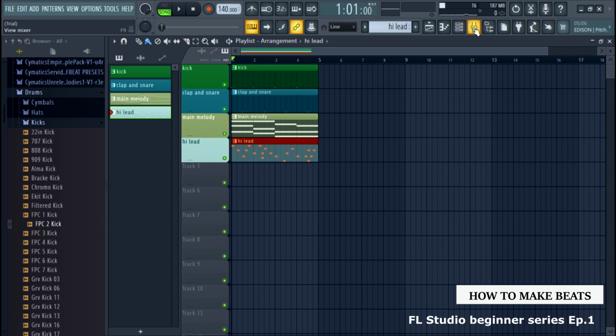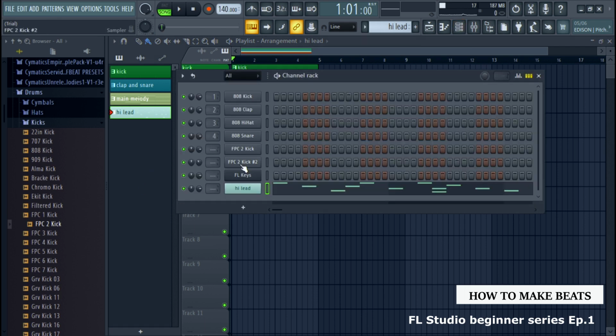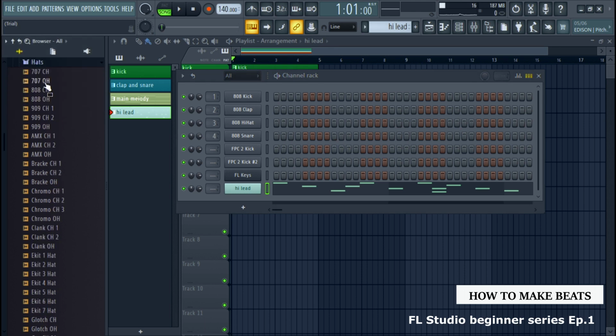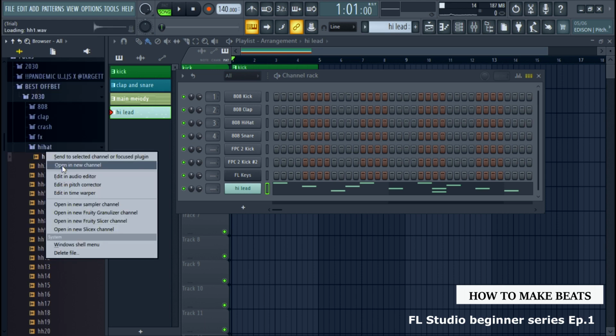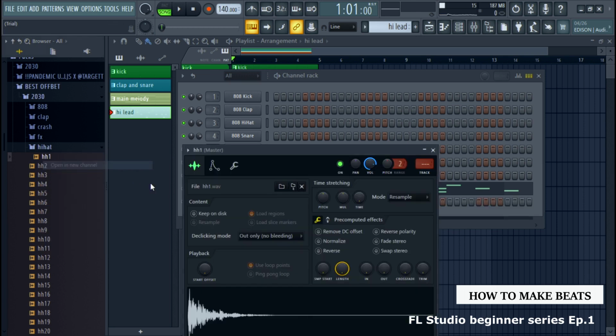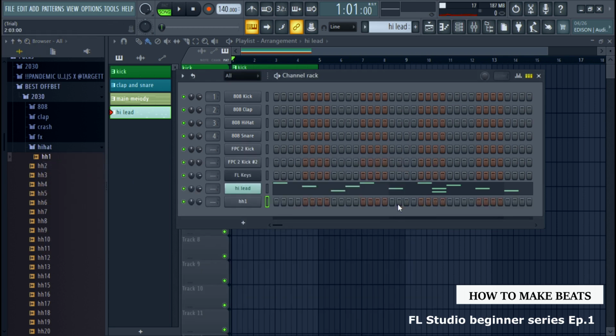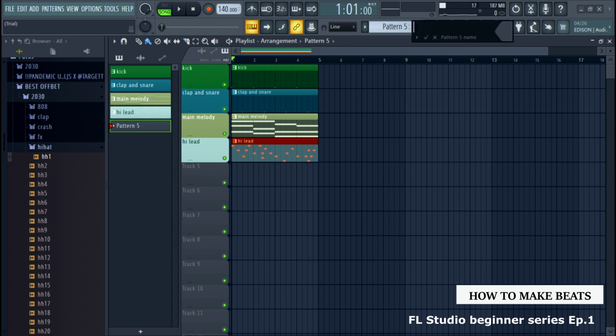After that, we have to maybe add something like a hi-hat. So let's go back to our channel rack. I told you the channel rack is where we put our samples and instruments. Let's choose a hi-hat. There are some stock hi-hats there, but I like using this one. So right click on the sample and open it in a new channel, and you see it will open in a new channel. To separate that, click again on the plus